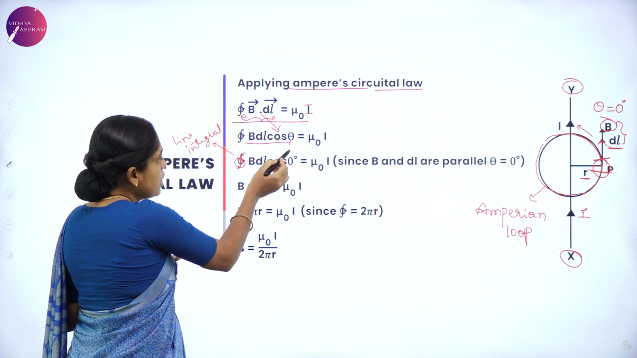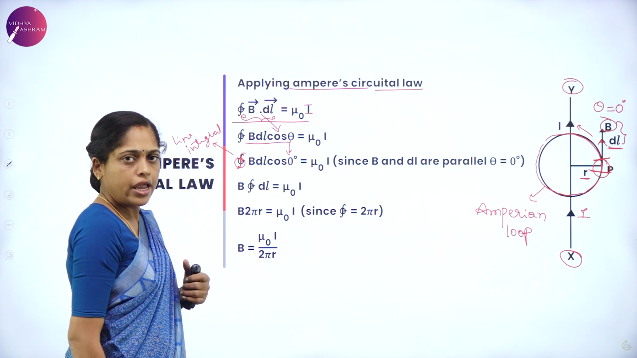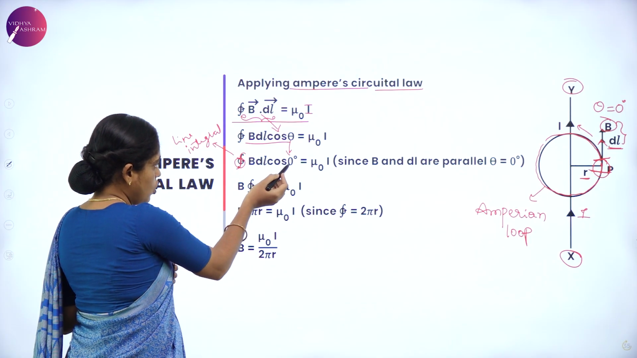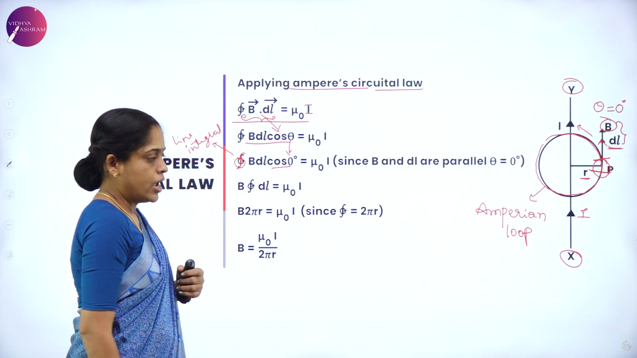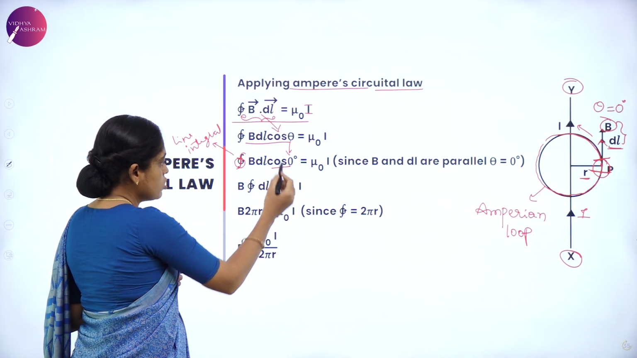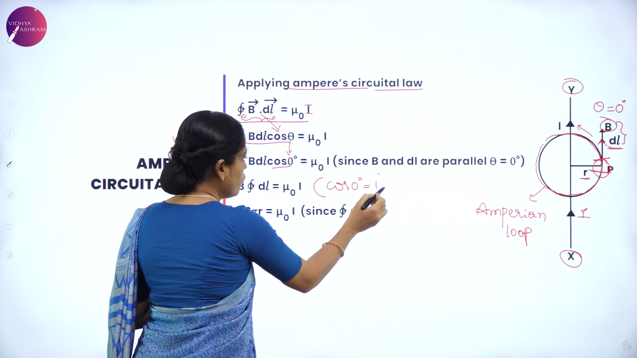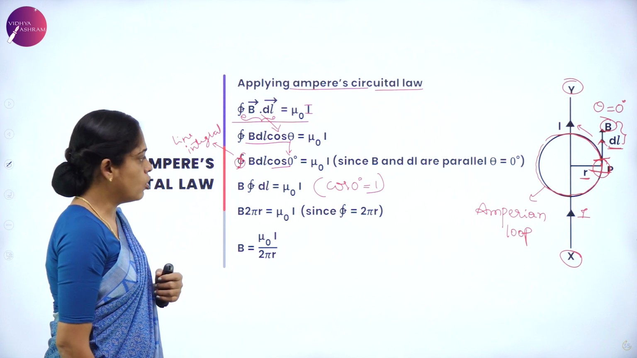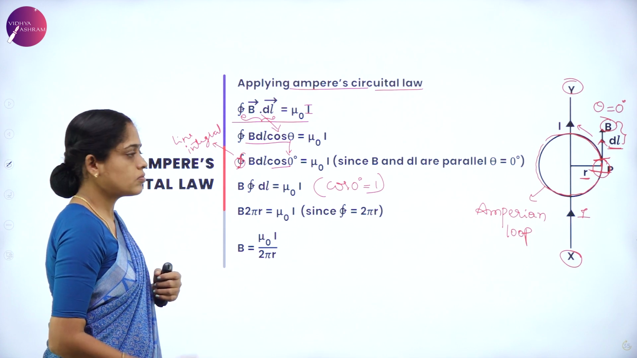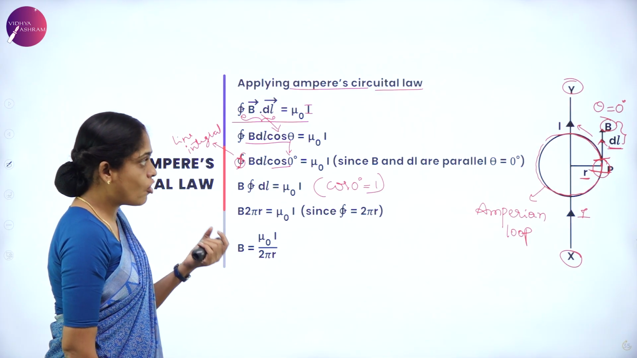Next, the angle between the magnetic field and the dl, you know, is 0 degrees. So cos 0 degrees, which is equal to mu naught I. Next, what is the value of cos 0 degrees? Cos 0 degrees is equal to 1. Therefore, we have the line integral of B dl equal to mu naught I, where the strength of the